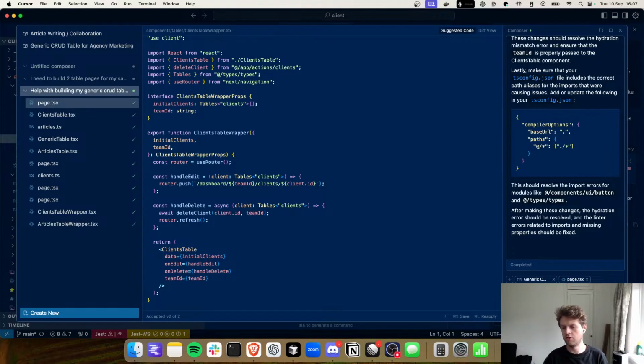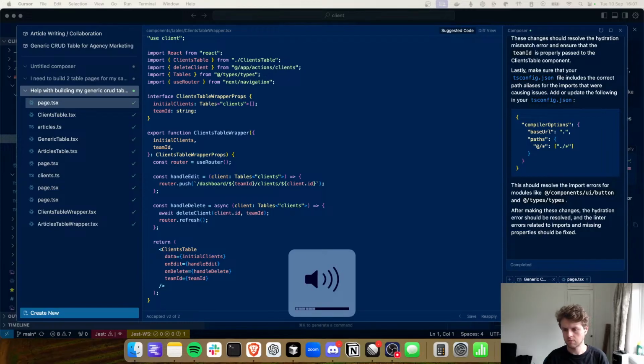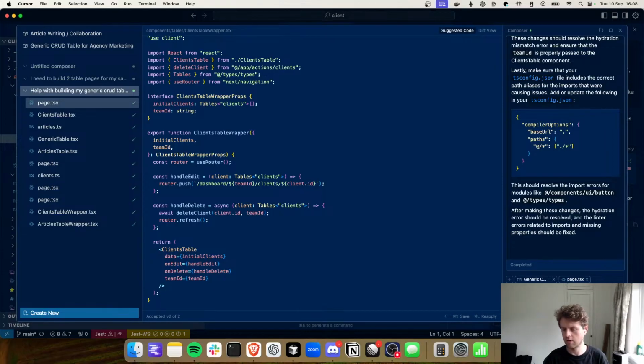I also need you to generate a single client page. Also, can you generate a single article page as well? Can you also generate a single client page? Let's have a look. Need you to generate a single client page, and for creating one,